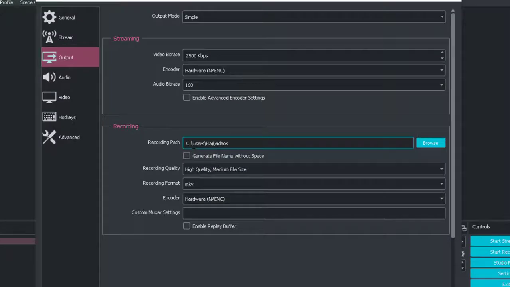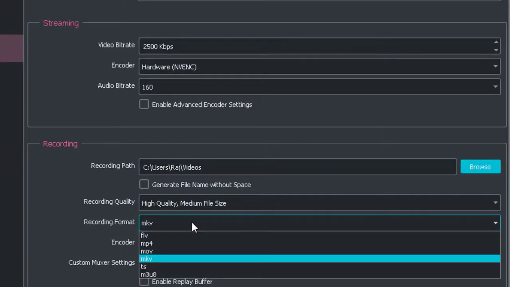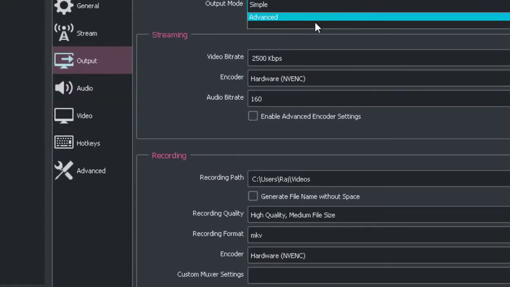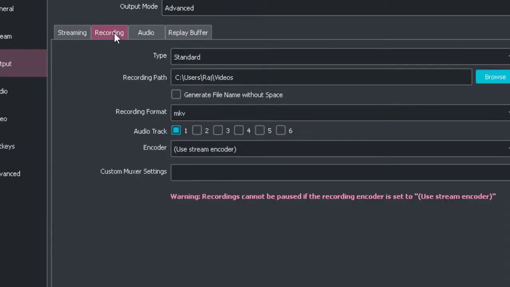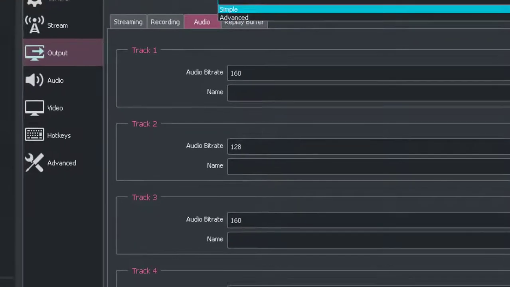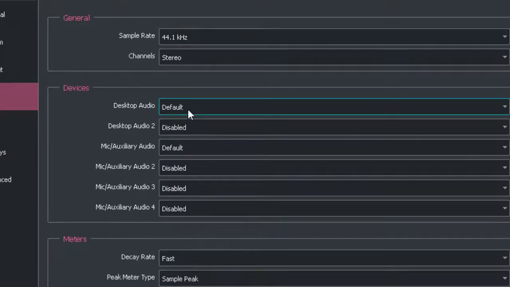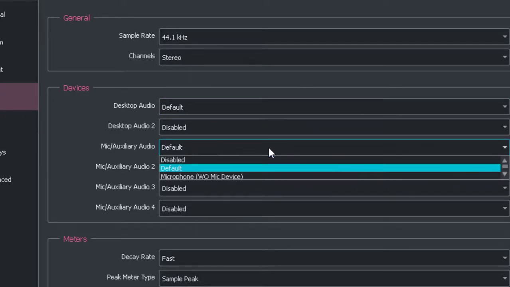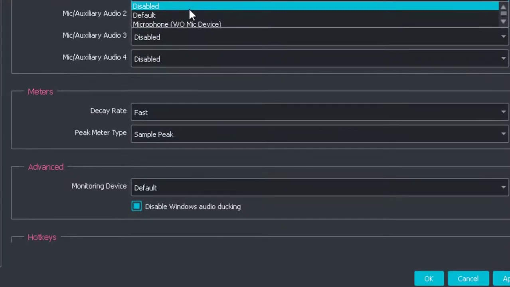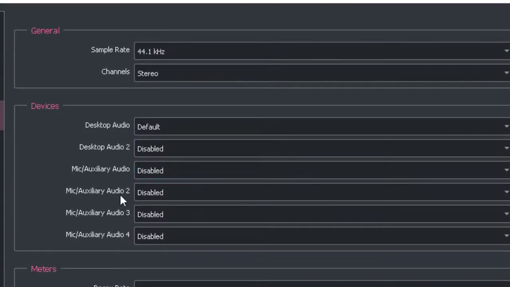Next up we have output settings. In the output settings, you can select the recording quality as well as the recording format of the video, as well as you can go ahead and choose the advanced options in which you can choose the audio hardware and the bitrate at which the audio is being recorded, as well as you can select the replay buffers. You can also choose the simple options, so it is pretty simple and easy. Next up we have audio features where you can select the bitrate as well as the hardware settings of the audio. Right in here you have the sample rate, the channels of the audio that you're recording, and many other settings.